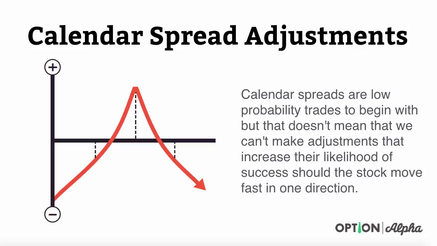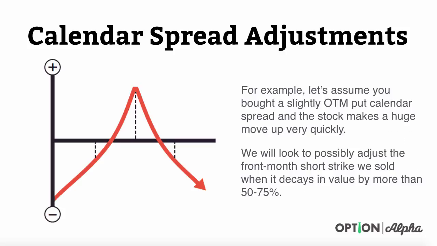Now here's the thing, right? You have to first make a calendar spread trade in the right situation. So low implied volatility so that you get decent pricing in the spread and so that you have a good opportunity to make some money, even though they can be a little bit low probability trades. Not to say that they're not losing trades, but they definitely don't have the type of probability of success that, say, a strangle or a straddle does. But again, doesn't mean that we can't make adjustments to them.